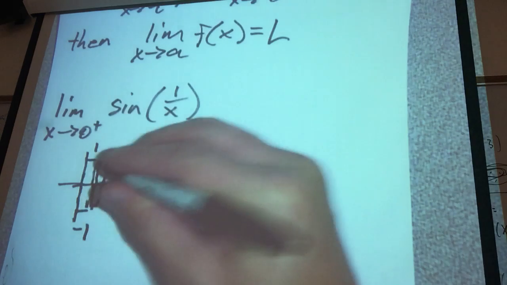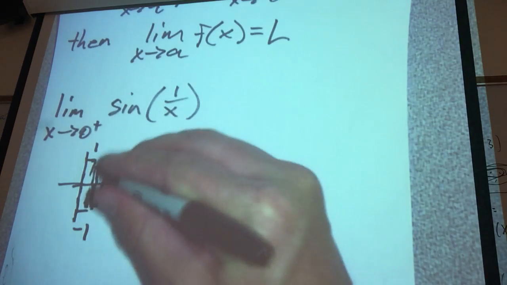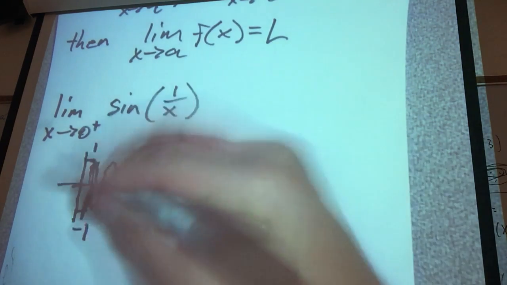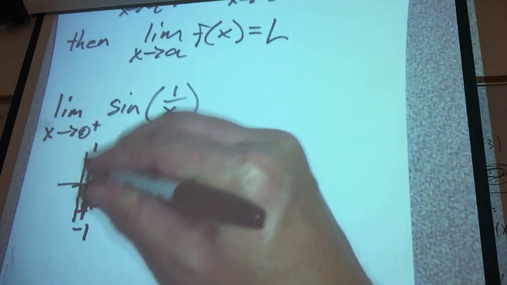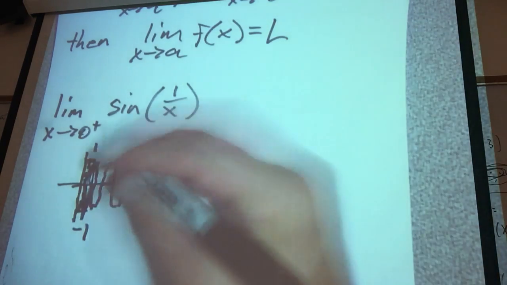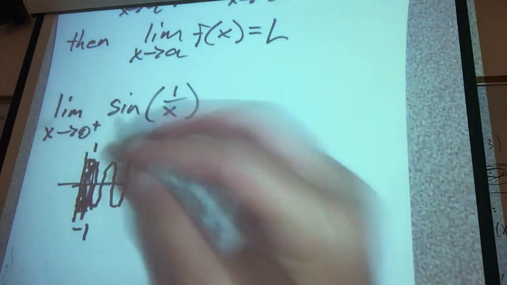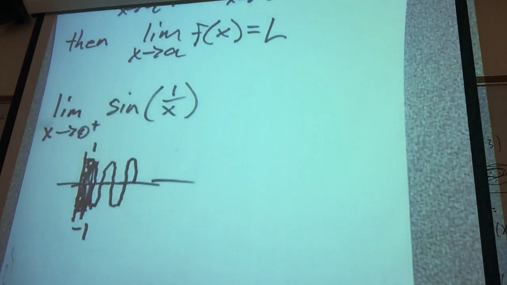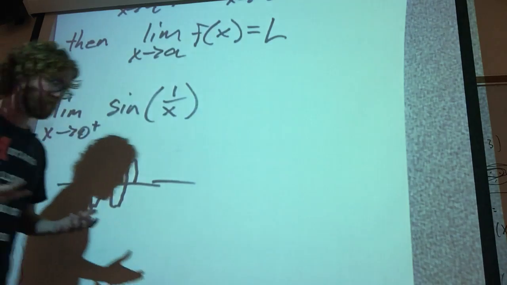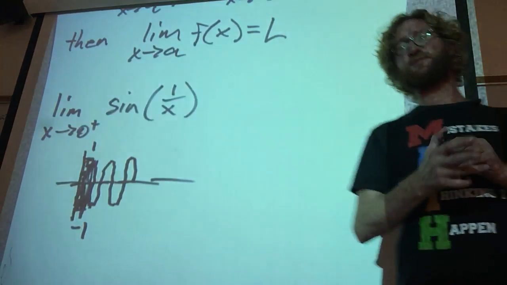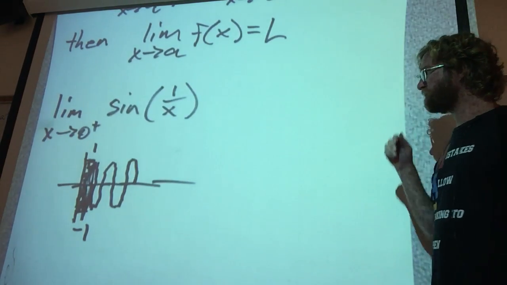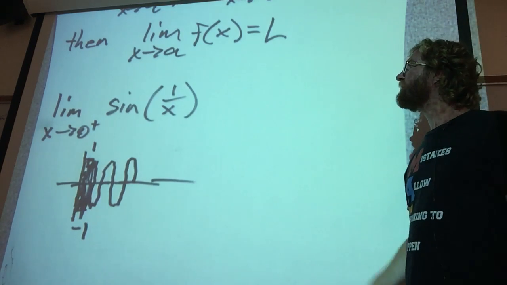But as we tend towards 0, the wave starts to oscillate. It just starts bouncing back and forth between negative 1 and 1 faster and faster, okay? So when we talk about divergence, or a limit not existing,